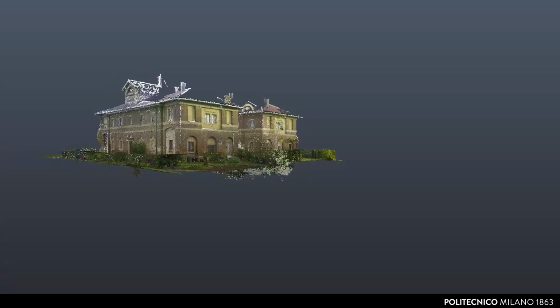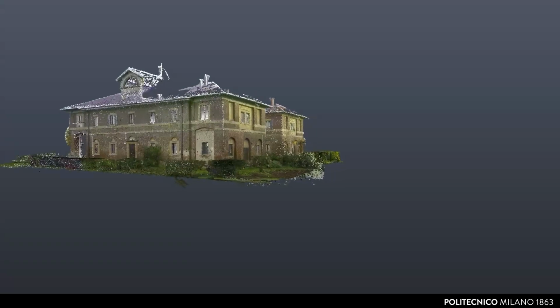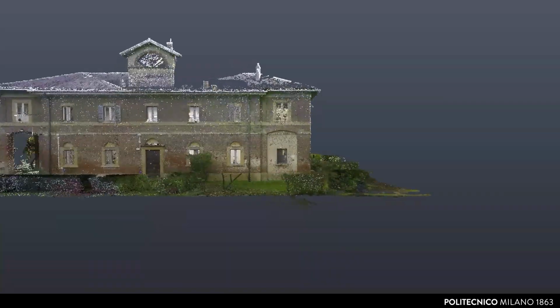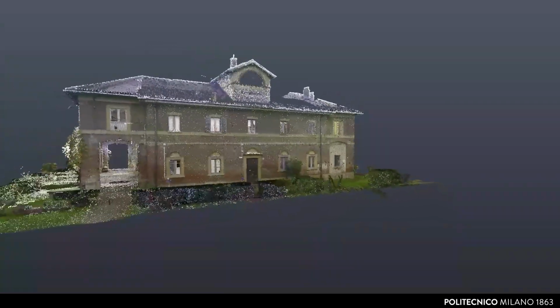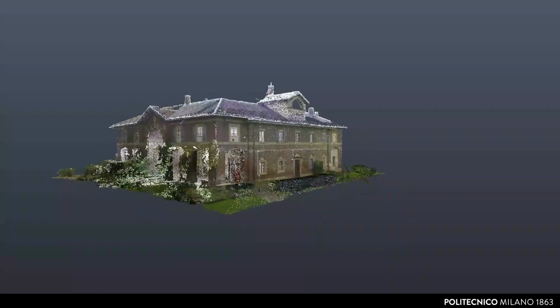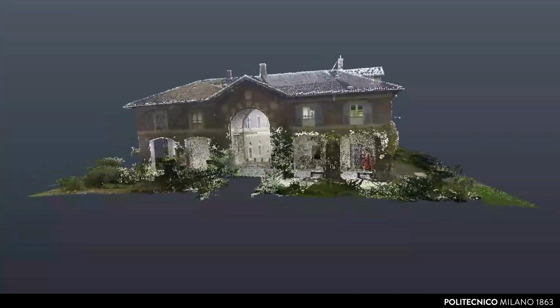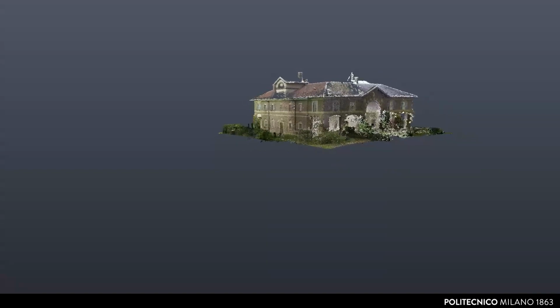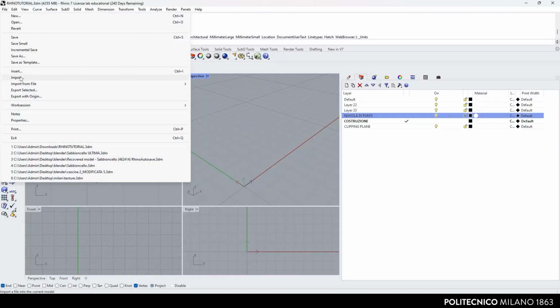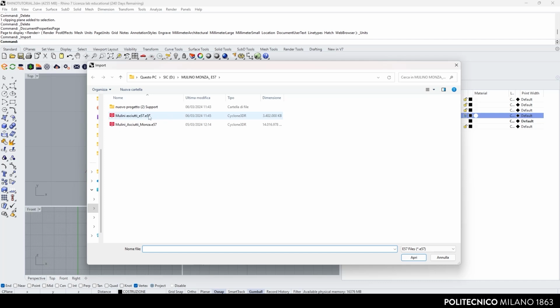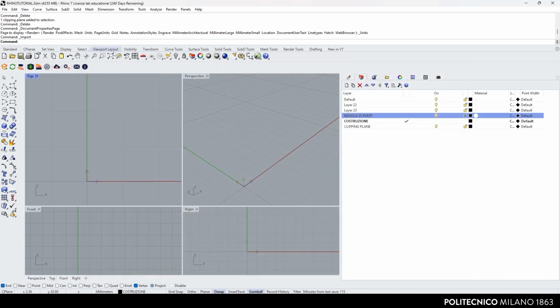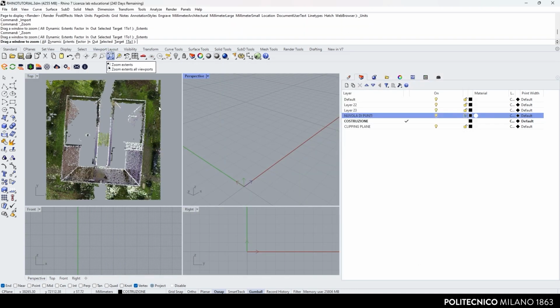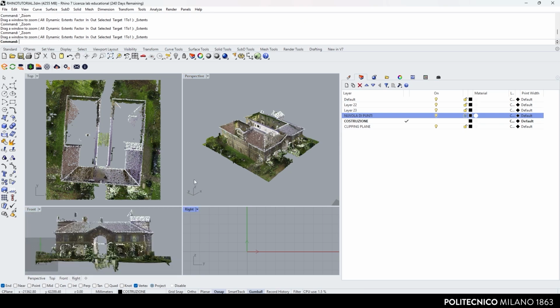Point clouds can have a high degree of complexity and heaviness, so it is better to carry out decimations, perhaps using distance parameters. In our case, we kept 1 point every 5 millimeters and we organized it in the Cloud Compare environment. The most used format for point clouds for this type of modeling is the E57 extension, which we can directly import into the Rhino environment. It is possible to use the Zoom Extends command to center the view of each point cloud in the 4 viewports.